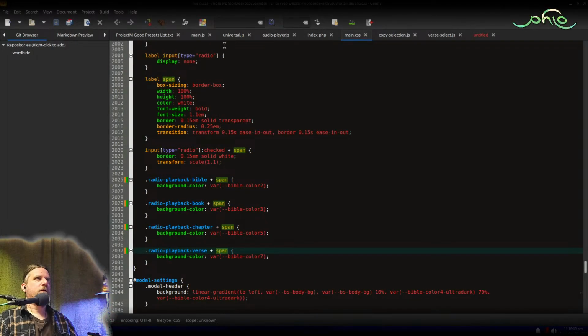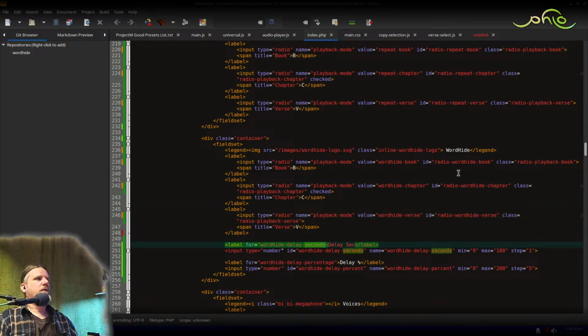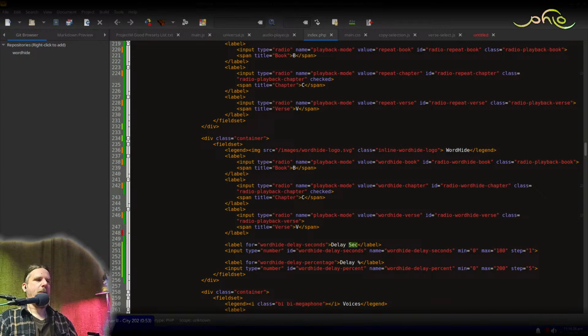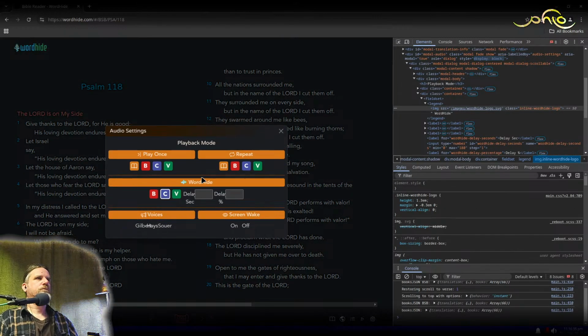Not sure why those inputs are basically right on top of each other. I can't even see the other one for some reason. So there's two. Oh, there must be a... I bet... Oh, yeah. There's got to be like a... Yeah, there's a syntax error in there. Okay. It's like, why isn't it showing up? There we go.